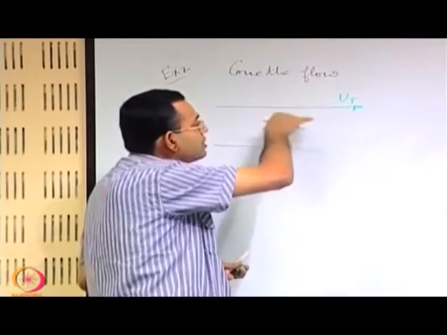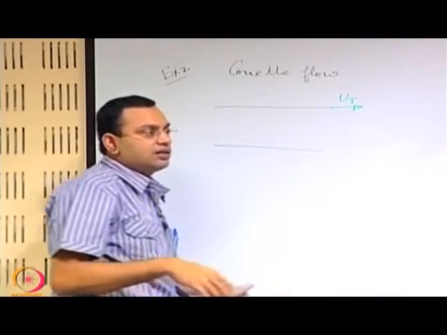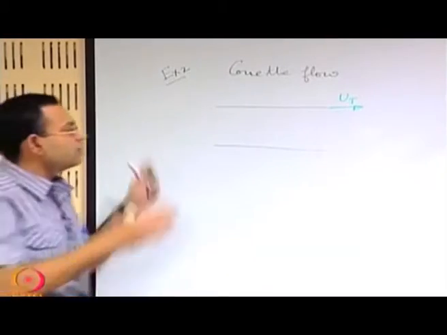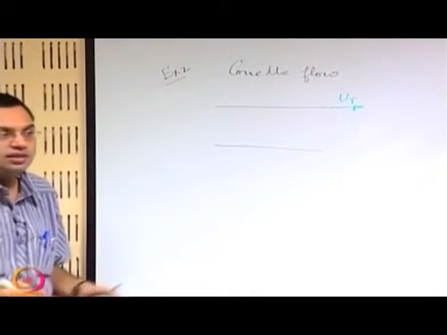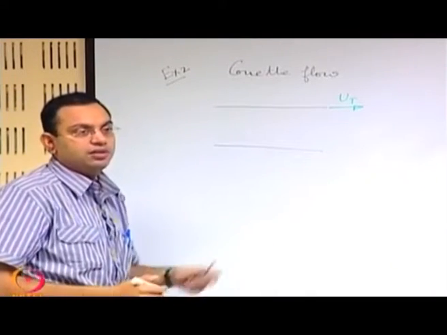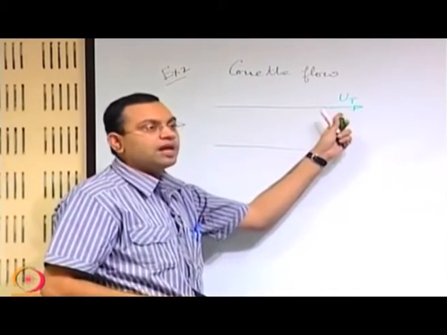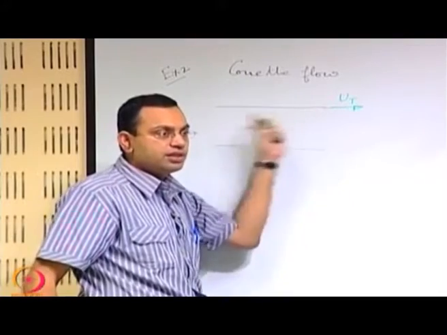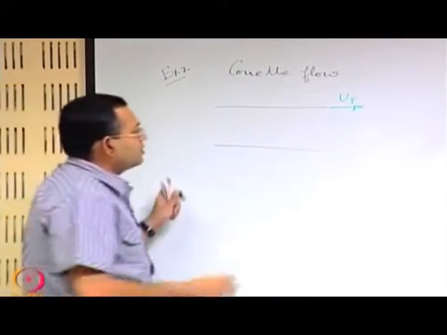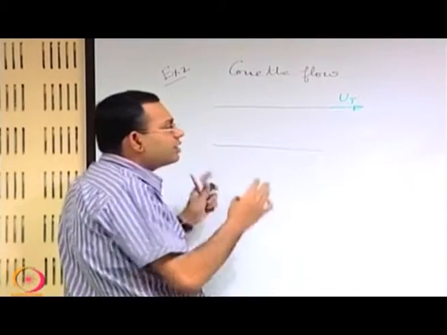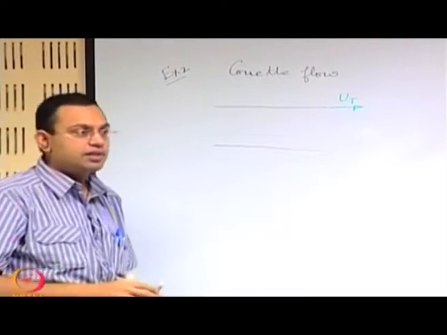There are cases when this designed motion may be oscillatory or time dependent in nature, and that type of problem is not within the scope of this particular course, but is discussed in an advanced fluid mechanics course in the subsequent years. Here we are talking about a uniform, time independent velocity with which the plate is being moved. With that understanding, we have to see what extra effect it creates beyond the plain Poiseuille flow that we have discussed.